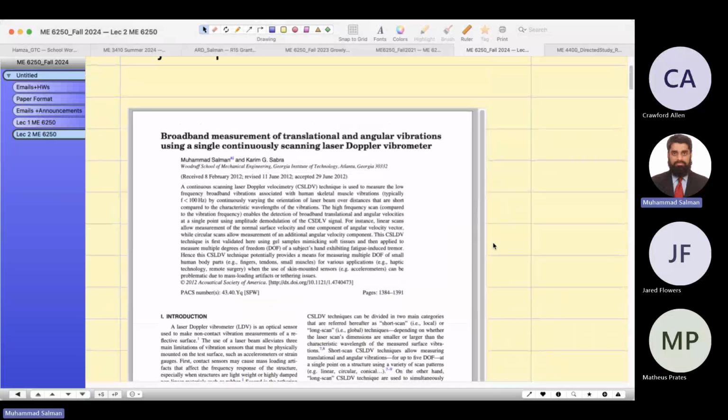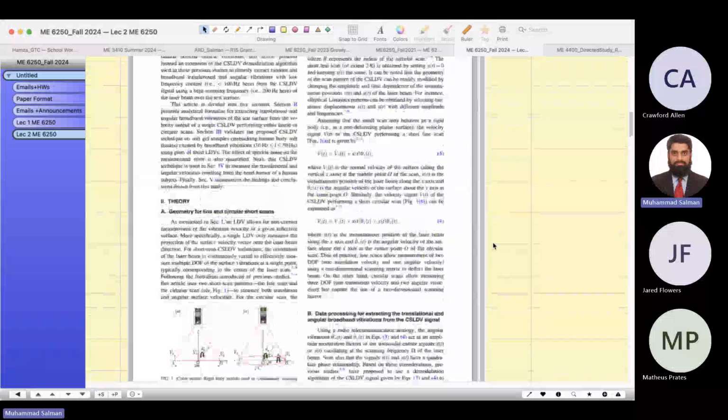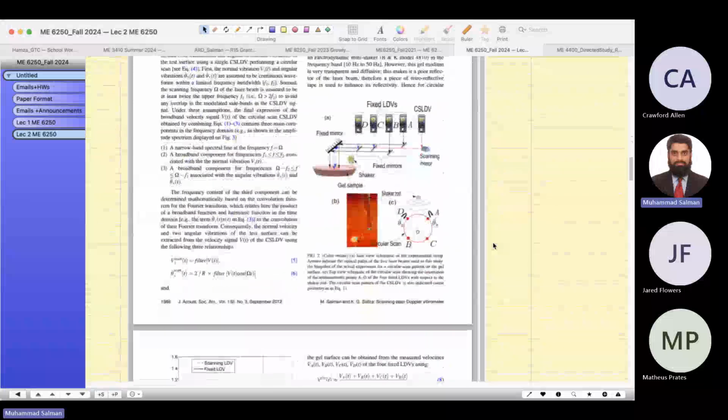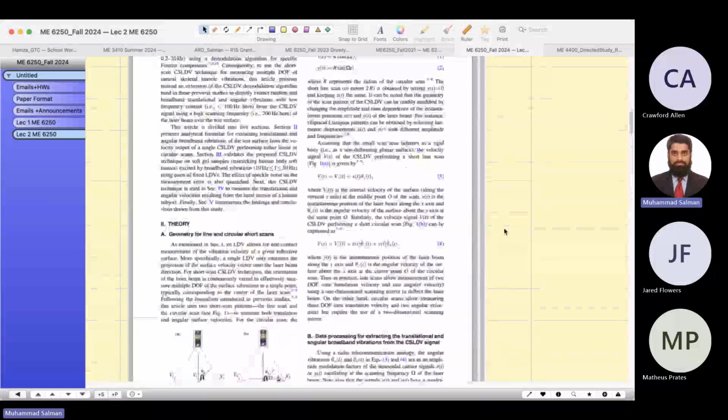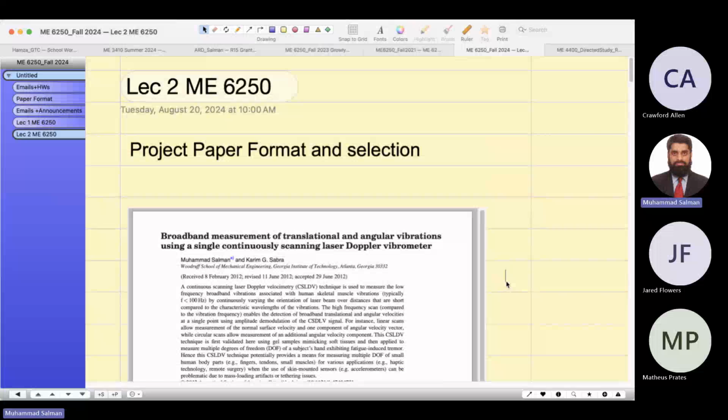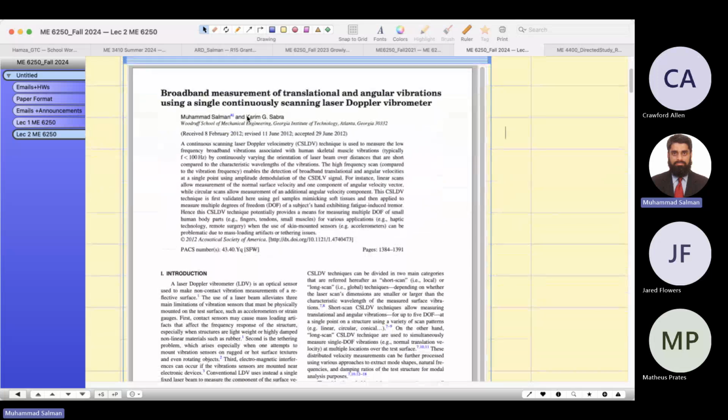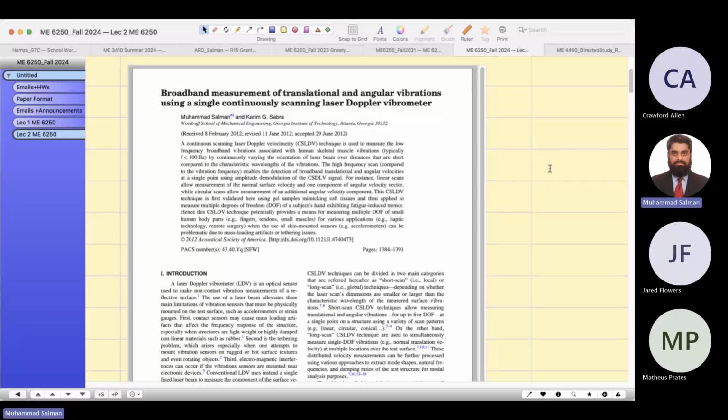So I'm going to give you this paper today so that you can select your project as a group of three students. Three students will be co-authors, and I will be monitoring your progress throughout the semester. I will be the kind of co-author, like mentors usually are. They help you to review your written manuscripts. That's how we give credit to the mentors, which for this paper was my PhD advisor Karim G Sabra.